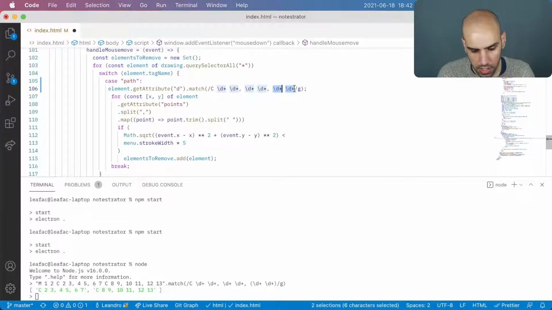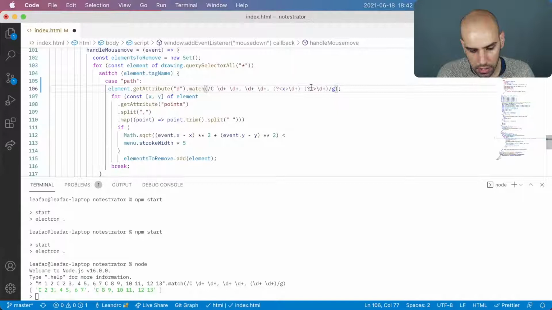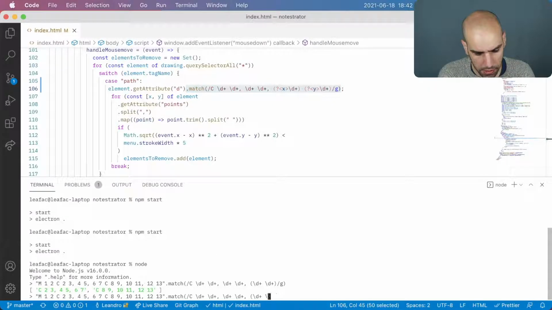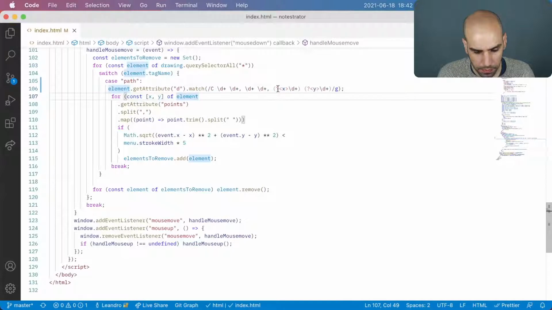I am going to say that both of these are capture groups and they are named X and Y. Does that work with global searches like this? Let's find out. No. Yeah, it's not that smart. So let's revert